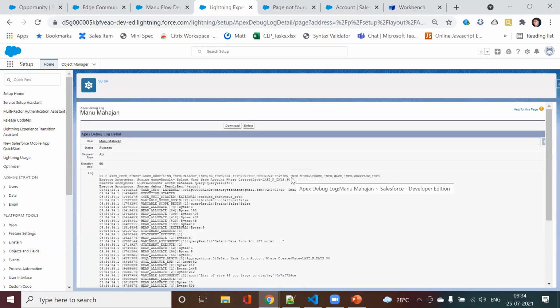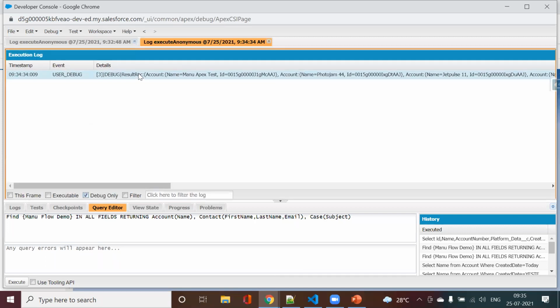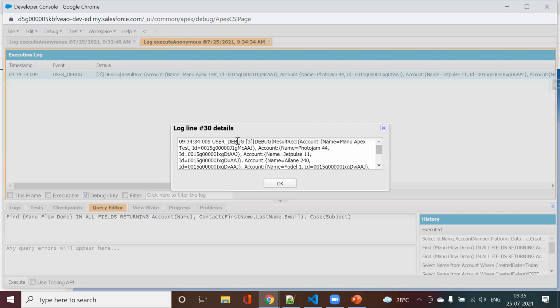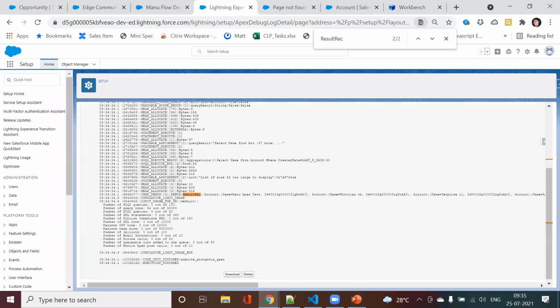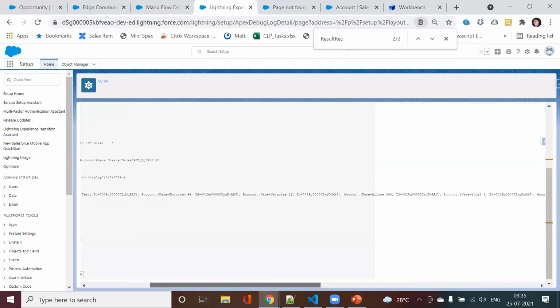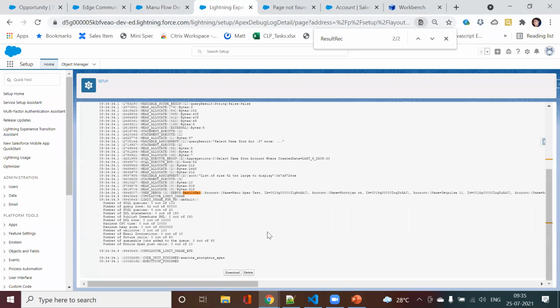Generally, whenever we are debugging, I have my full code and my full transaction running. So this is the approach that is being followed here. In case I try to search the debug name here, result track here, let me copy it. So there you see. And plus you can see this is more detailed as compared to the other.